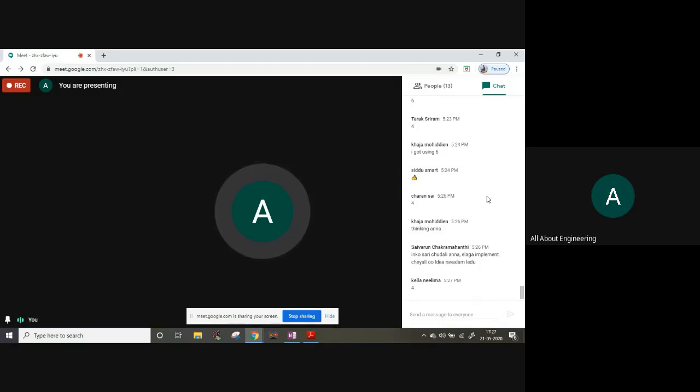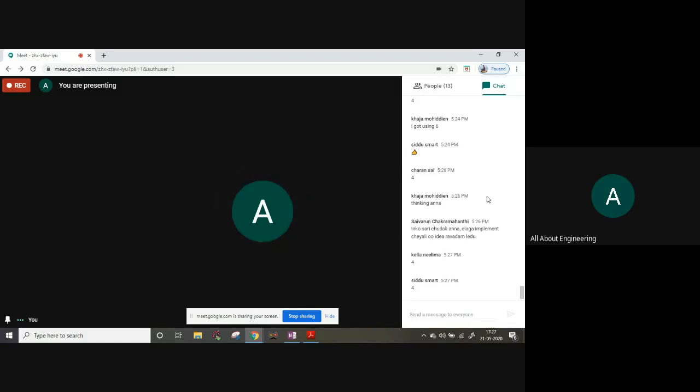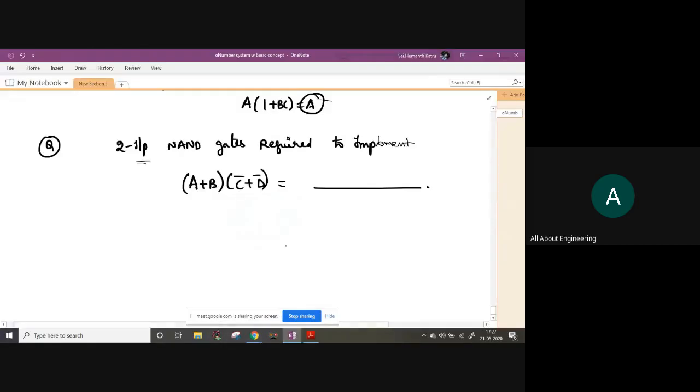Yeah, Neelima, beautiful. Neelima also got 4. Sidhu also got 4. Okay. I think all who are present gave an attempt and replied. So let me explain the answer. Yeah, 4 was correct and that was beautiful.